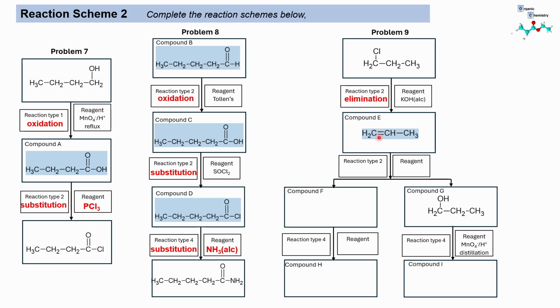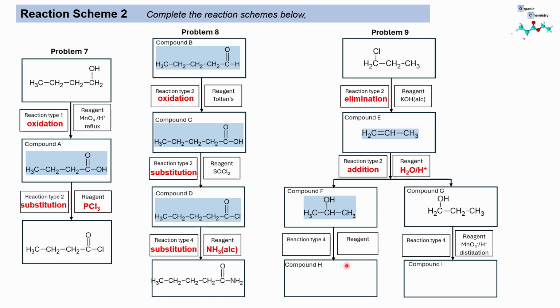Notice here what we've done is we have added to this to produce this primary alcohol, and the hydrogen has added to the carbon of the double bond that has the least hydrogens. So this is actually the minor product on the right hand side. So we're going to draw the major product on the left hand side, and that's the one when we break the double bond and add the H and the OH. The H will go to the carbon with the most H's the majority of the time, and that's the first one. And that would be an addition reaction, and we add water in the presence of dilute acid, and here's our product. It's a secondary alcohol,